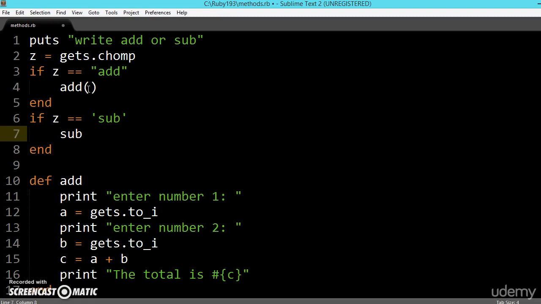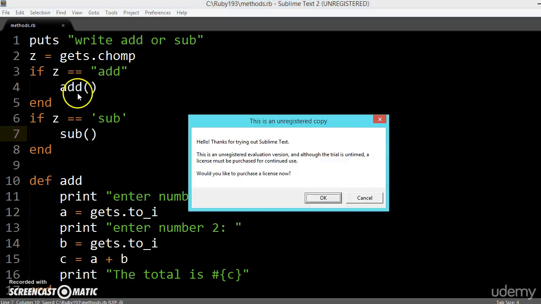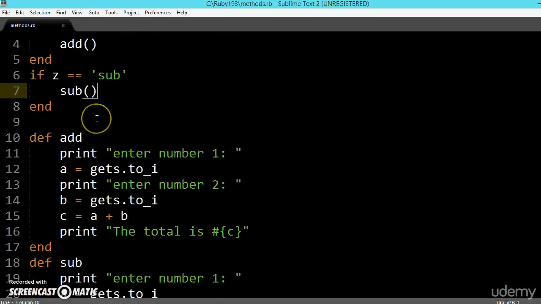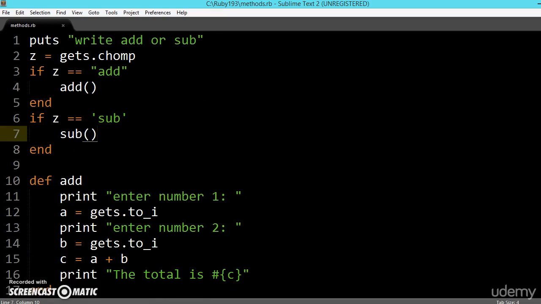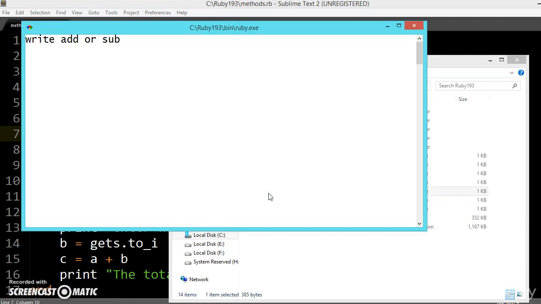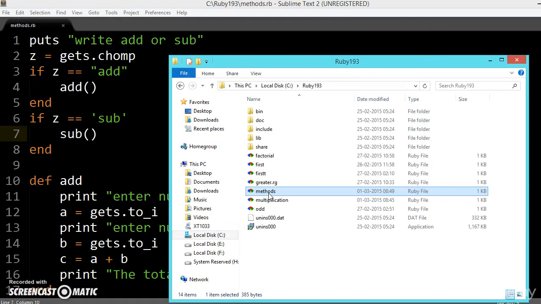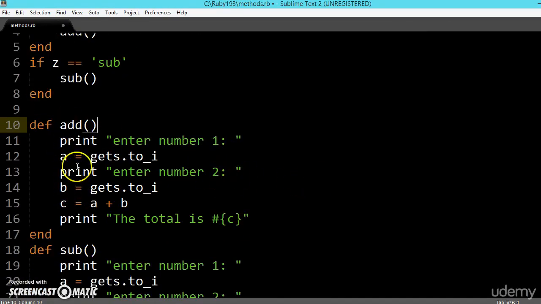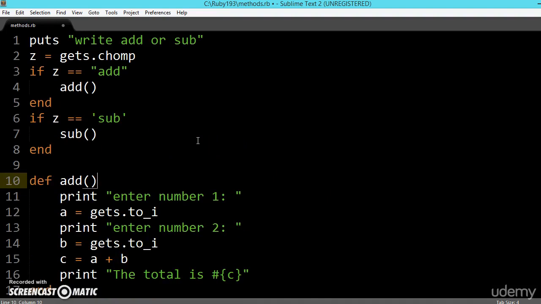Because we were testing in interactive Ruby, we have done the same thing. Control S. So what does this mean? This is just calling the method or function, and these are the functions we have written. Now let me open the file. Let us say add. So it is showing an error because these functions should have been written earlier.